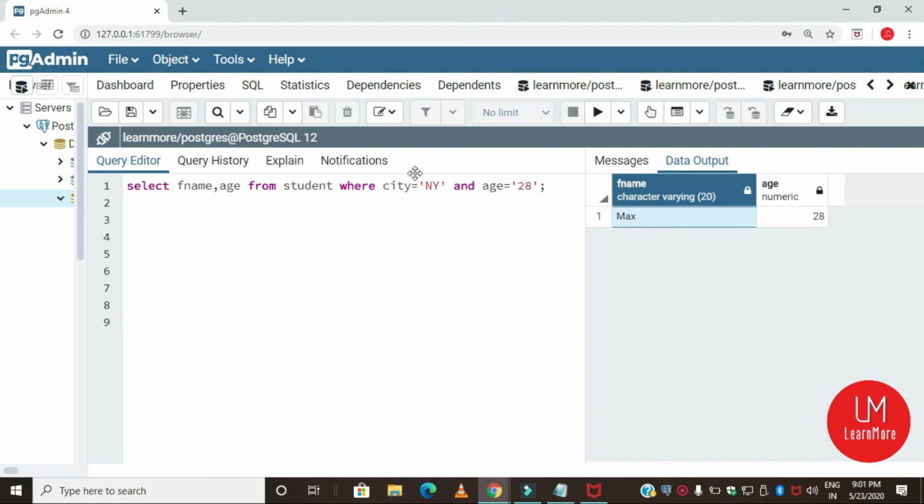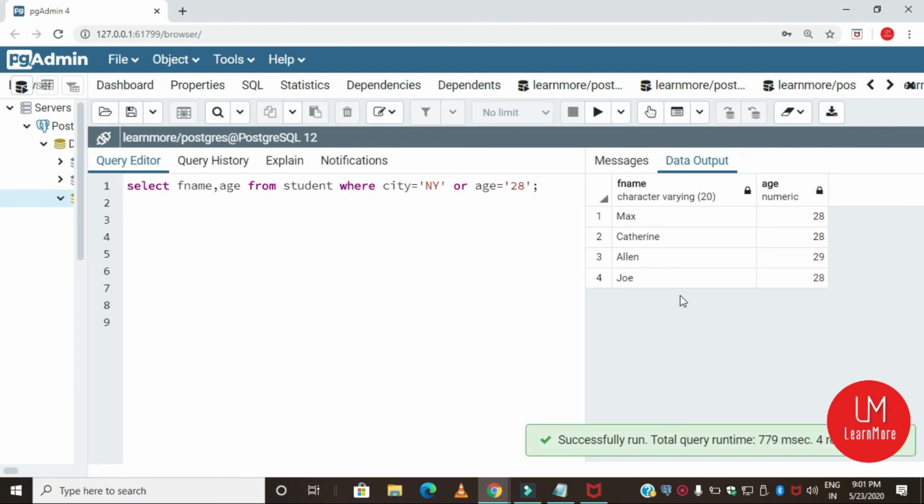So here we use the AND operator. That means you have to satisfy both the conditions as true to get a value in the result set. And if you change this AND to OR, you'll get 2 rows. No, you'll get 3 rows. All rows, because the condition is age equal to 28.